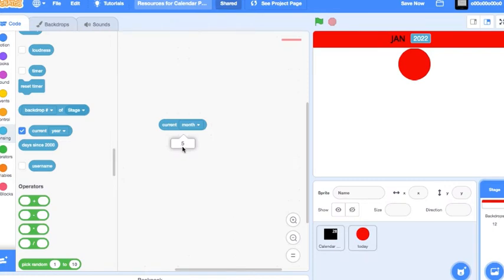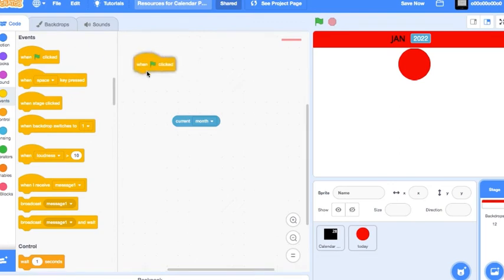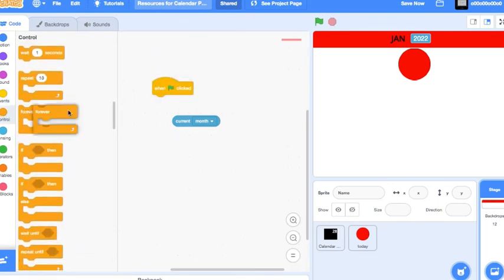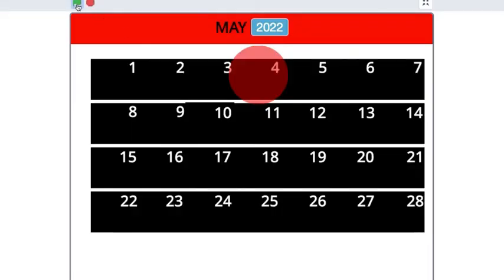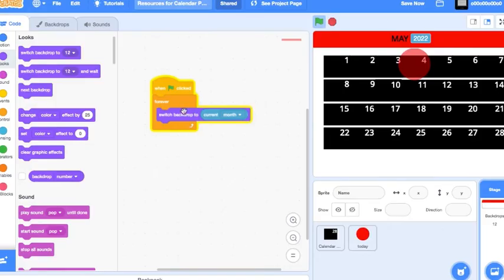It should be May, but it says 5, and that's okay. So when green flag clicked, forever. Now we'll switch backdrop to current month. Now let's test that out. Okay, yeah, it's set to May. Okay, I don't think we need this forever block. Or yeah, let's just keep it.